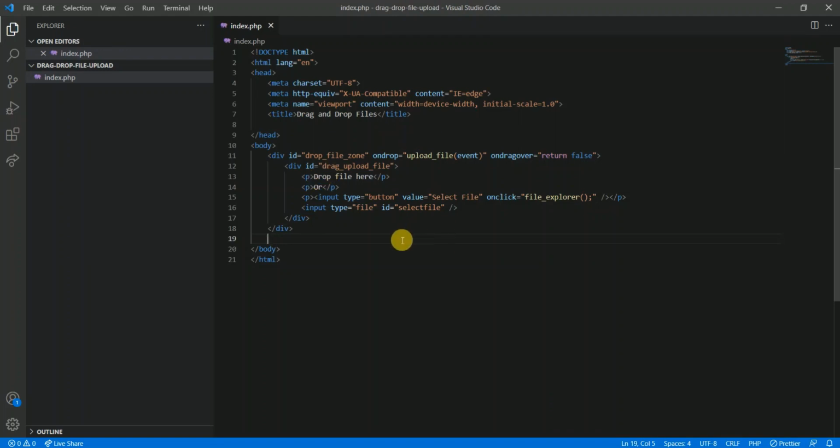So my intention is to give both options: browsing the file and using drag and drop also. Both ways the user can upload the files on the server.